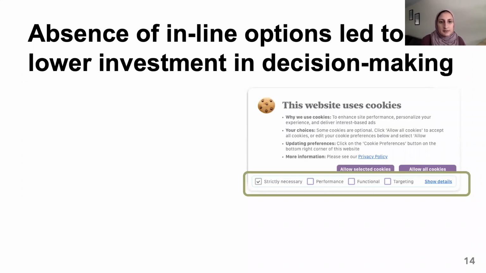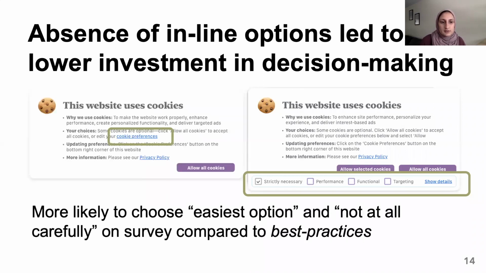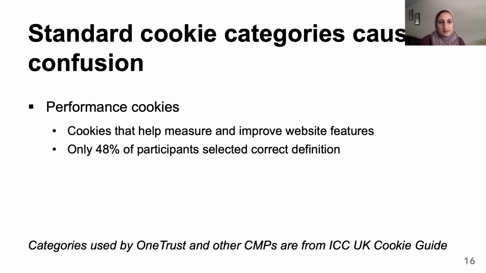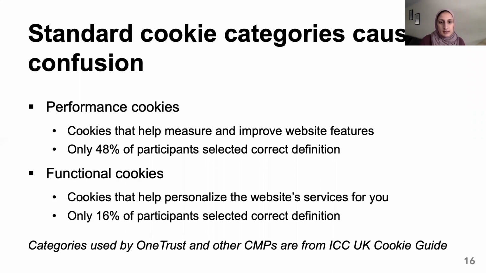Related to user sentiment, we found that the absence of inline options and the initial screen of the interface led to lower investment in decision-making. Participants in this condition, where options were available through a link embedded in the text, were more likely to report choosing the easiest option and not at all carefully compared to those in best practices. We also found that the standard cookie categories, which we drew from the ICO UK cookie guide, caused confusion. Less than half of participants selected the correct definition for performance cookies, and only 16% selected the correct definition for